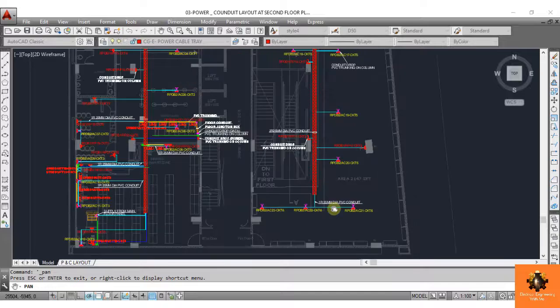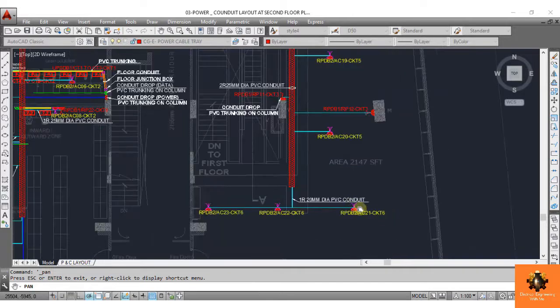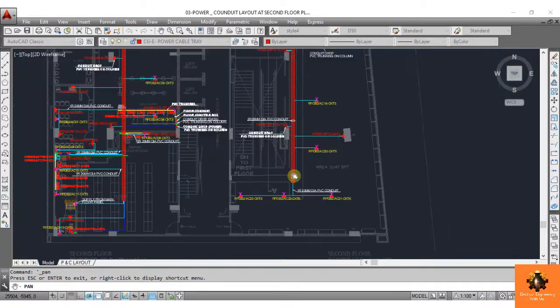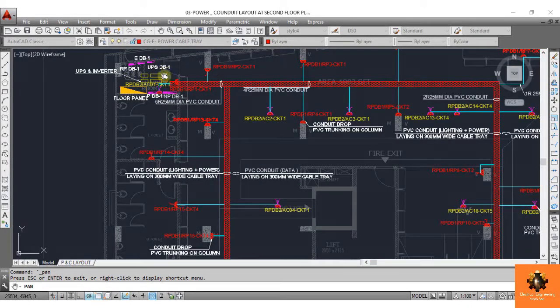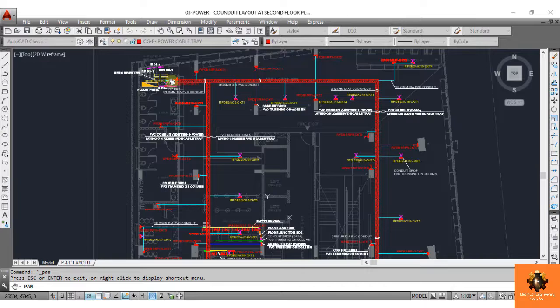In this layout we are showing power outlets. Some are raw power, some are AC power outlets and some are UPS power outlets. So these symbols represent power outlets. These lines represent conduits and this is your cable tray. Now see here, we have a raw power DB in this electrical room. To feed the total number of outlets, we pull the circuit wires from the electrical room to each outlet, and these wires pass through conduits.